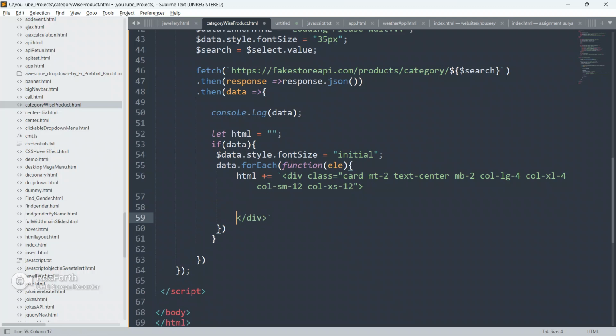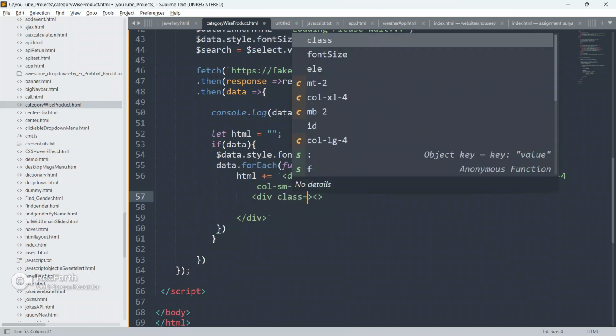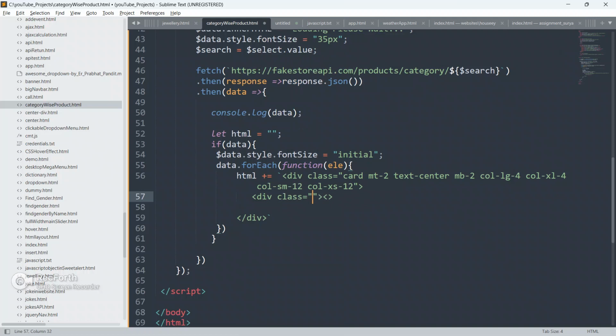So open this div now, and inside this div create another div, give it a class as border, and close this div also.